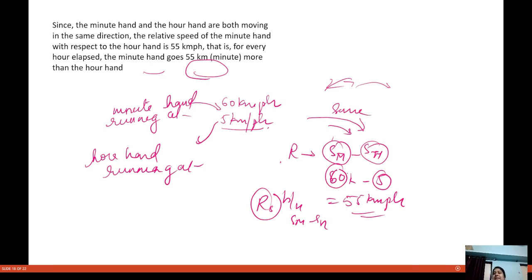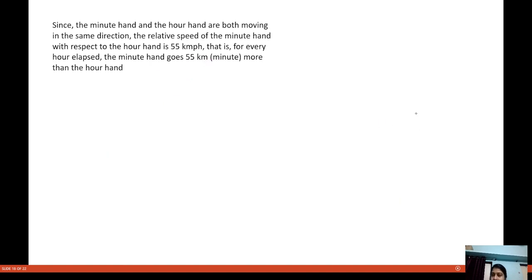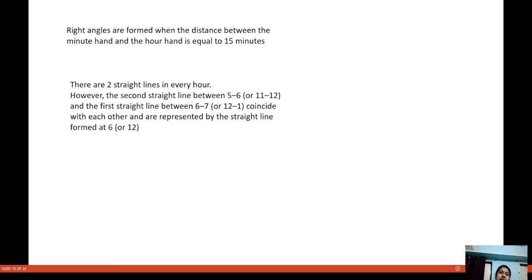So this is basically the concept we are having. What is the concept? Assuming that the clock is a circle of circumference 60 kilometer, each minute represents 1 kilometer and each hour represents 5 kilometer. The speed of the minute hand is 60 kilometer per hour, the speed of the hour hand is 5 kilometer per hour, and the relative speed is 55 kilometer per hour. So this is all that we are considering. Now let us see